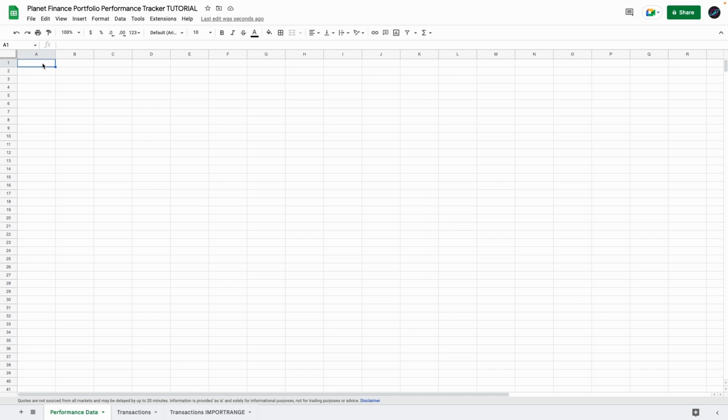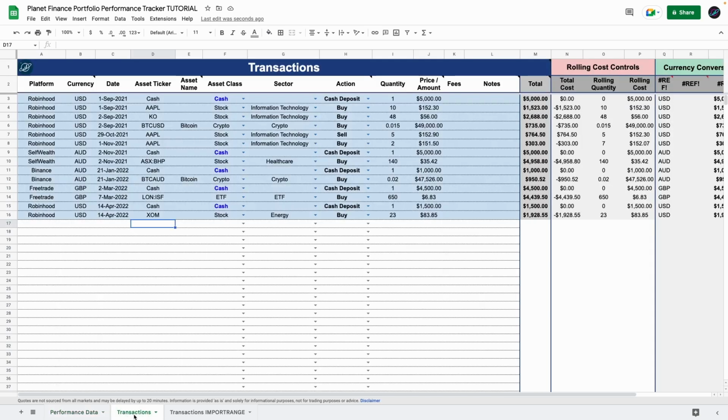Specifically when it's named transactions. So if you're using the formula sheet, just make sure that your transactions tab or sheet is called that way. If not, you're going to have to change the text in the formulas. As you can see, the manual version is the one that's called transactions. So every formula that I enter will be capturing the information from this one and not from the import range